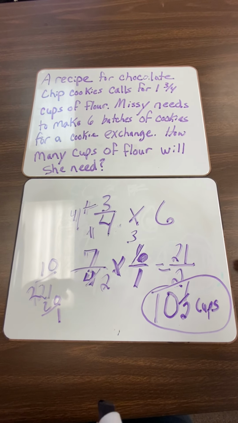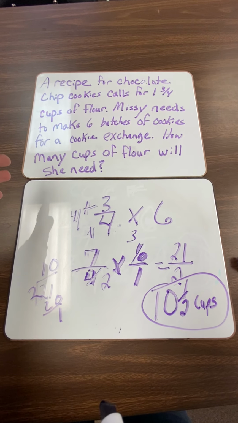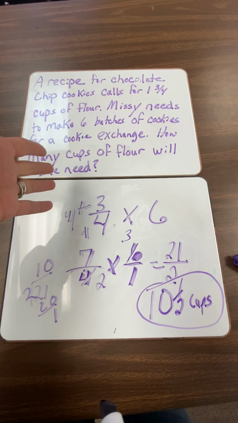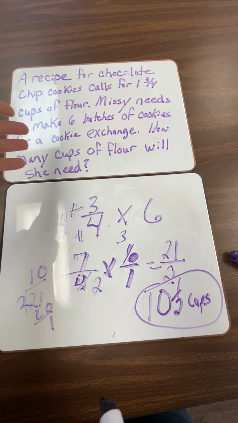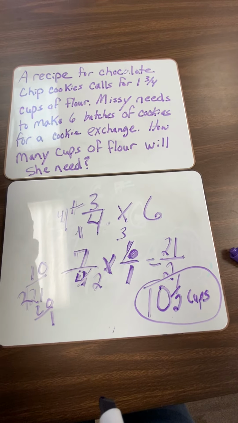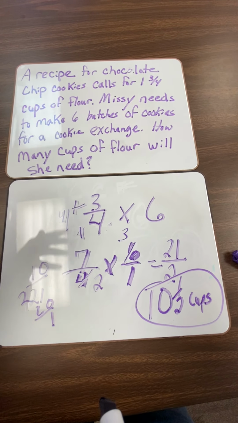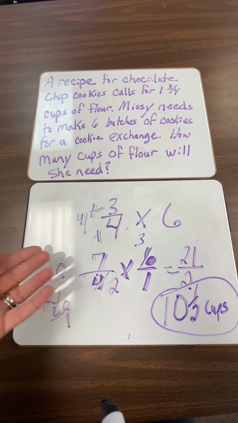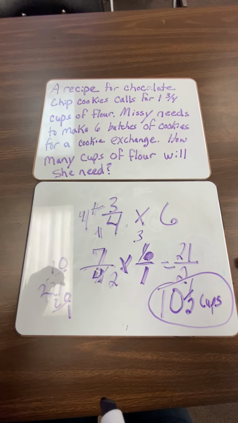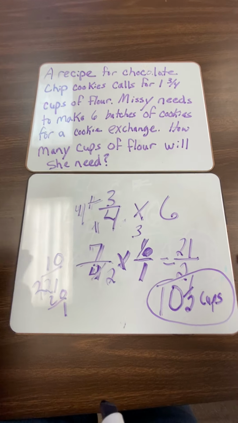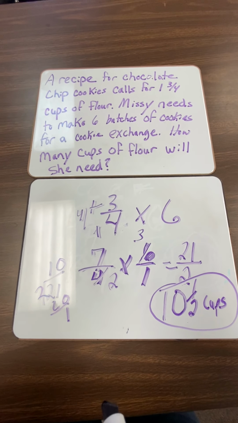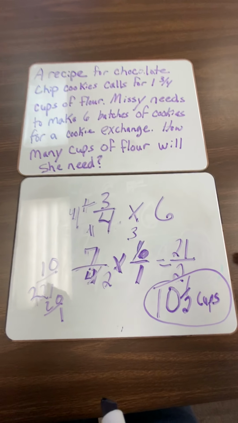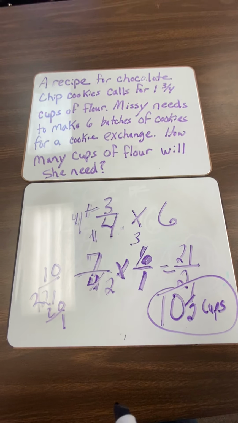If you're finding a total like the flour one here, how many cups of flour will she need? In that case, if you're making more than what you have, you know your answer has to be bigger. You're going to be multiplying. Okay, if you're dividing a certain amount, a fraction, into a certain amount of items, then you know you're going to be dividing. Okay,